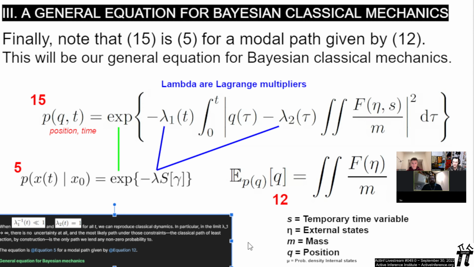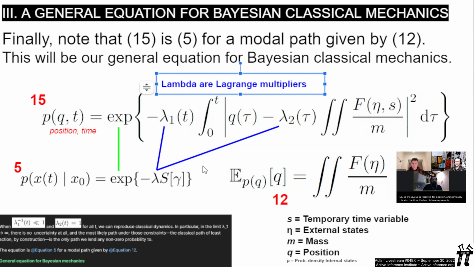So here Q represents the position, but as a slight caveat, in most other literature Q is used for designating the recognition density, but in this paper, recognition density is designated with R, so the Q is reserved for position, and obviously T is also the time. The lambdas here represent the Lagrange multipliers,